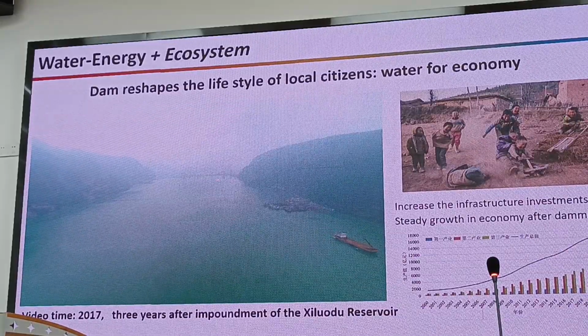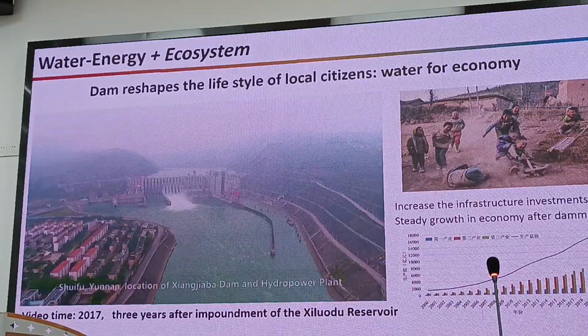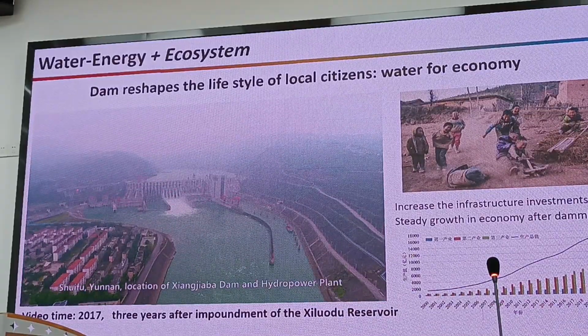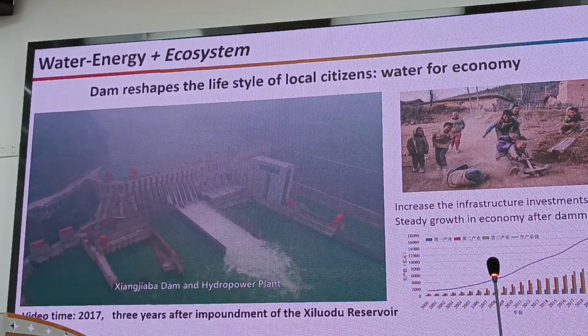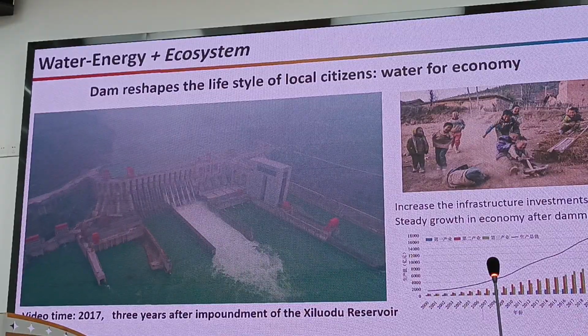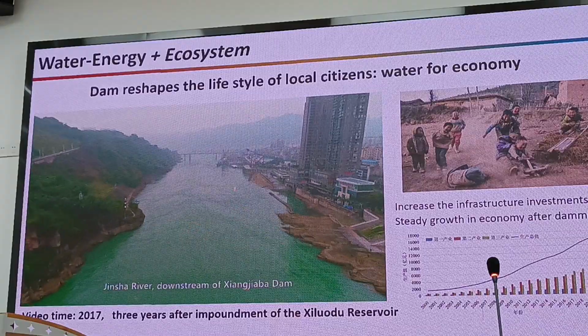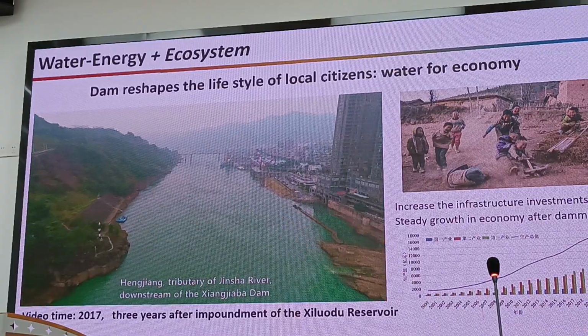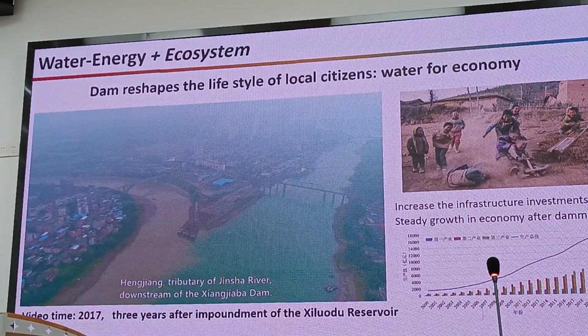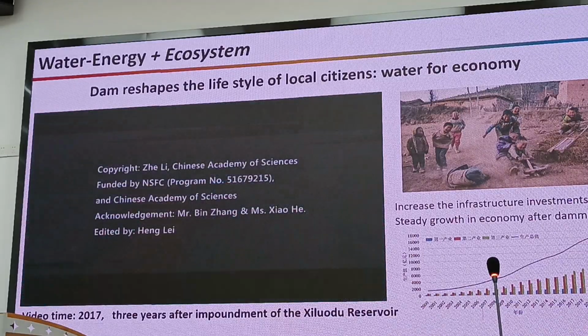So you see here, this is another dam in the upstream of the Yangtze. We call it Xiangjia Dam. It's a concrete gravity dam. But the other dam is an arc dam, so it's different. And you see there's another ship lift. All the water comes here green, and the other one is yellow.